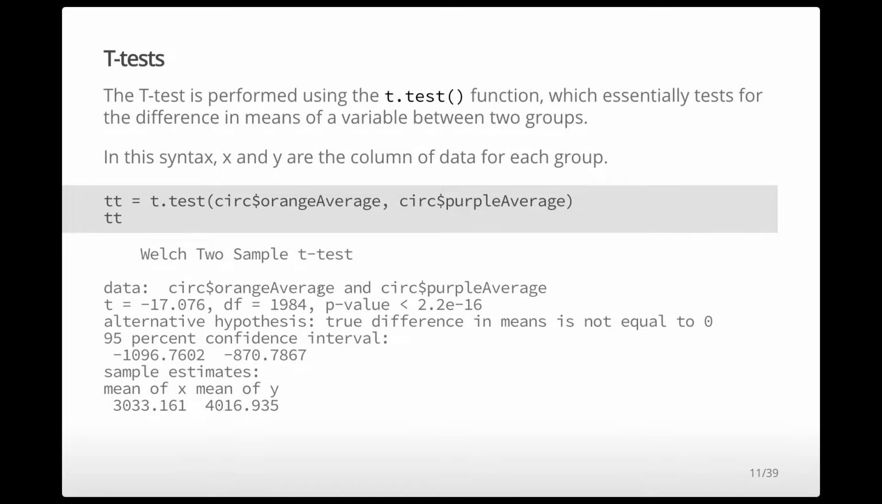So again, we're assigning the output to an object, and we're going to call it tt. We see a very similar output to what we saw with the correlation test. In this case, we're doing a Welch two-sample t-test. Here's the t statistic, the degrees of freedom, the p-value is small again. It gives you the mean of x and the mean of y. X is the first thing that goes in there. So for example, on average, the orange